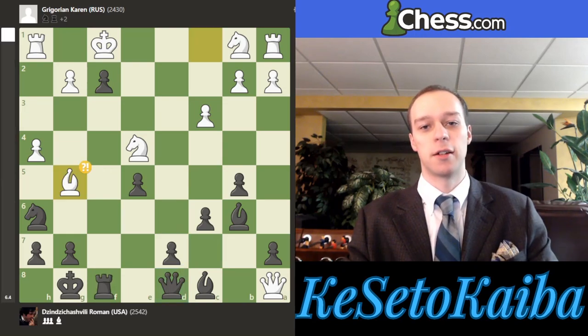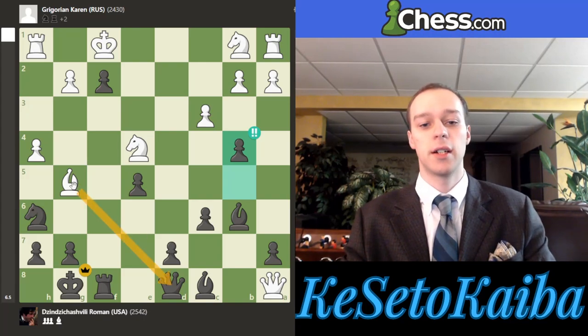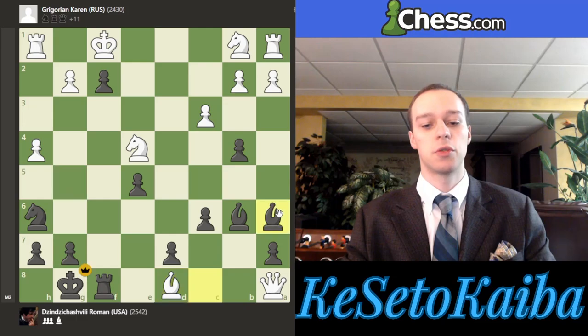So what was better than that? Perhaps you found the improvement that's even better than what my move was. Real spectacular idea. You take the initiative and you just play pawn to b4. Yes, it is a queen sacrifice here, but now you see the very dangerous problem. Worse than that, because if they were to take the queen, I'll show you're not actually just winning the queen,